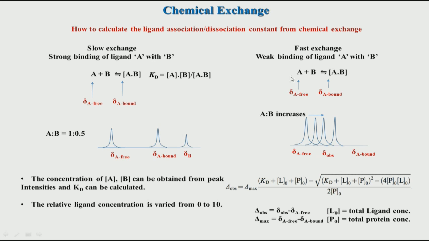So, this is how we calculate Kd values in the case of the fast exchange scenario and in the case of the slow exchange scenario. But remember, this is not restricted only to chemical shift; fast and slow can be with respect to any other parameter. So, in the next class we will see how we can characterize the Kd value based on, we can also look at different parameters like diffusion, or we can look at the T2 values. Based on that also we can say whether an exchange is fast or slow, and this will have a use. One of the useful applications of chemical exchange is hydrogen deuterium exchange, which we will take up next.